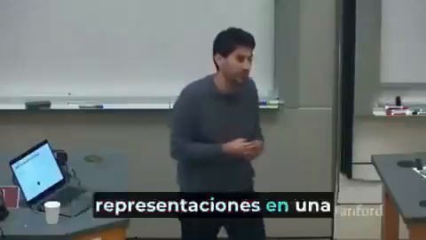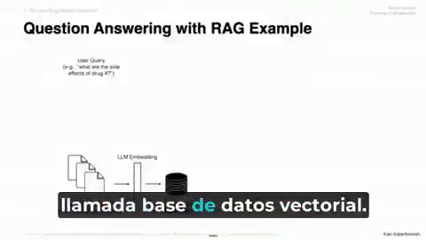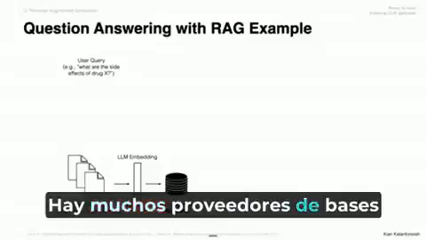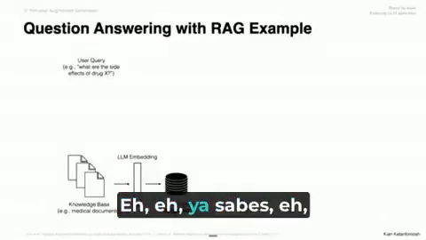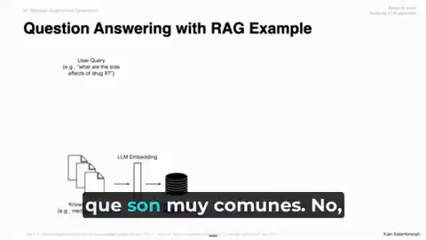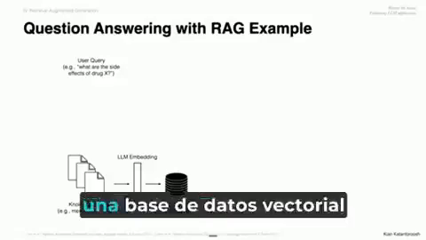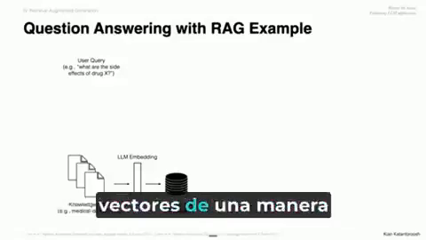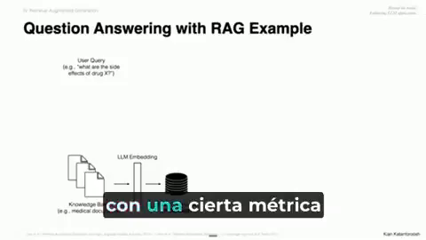You will typically store those representations in a database called a vector database. There are a lot of vector database providers out there. I think I've listed a couple that are very common. No, I haven't listed them, but I can share afterwards. The vector database is essentially storing those vectors in a very efficient manner, allowing fast retrieval with a certain